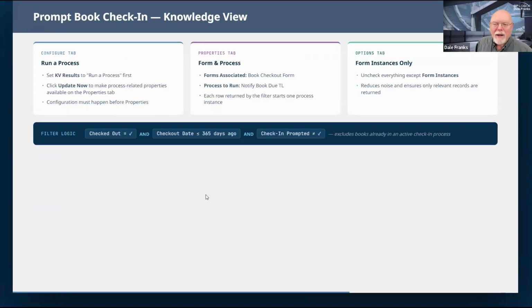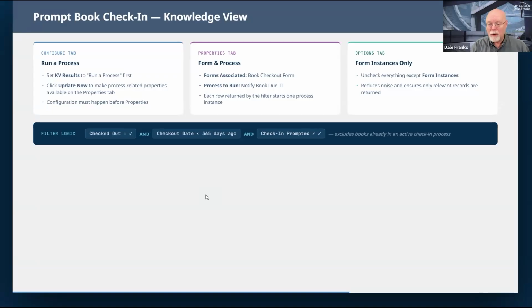Now it's going to get a little more complex because now we're going to need to set up the knowledge view that is going to make all of this work. And we're going to have to filter this knowledge view in a specific way so that we know that the book is checked out, the checkout date was 365 days ago, and that the check-in prompted has not been checked.